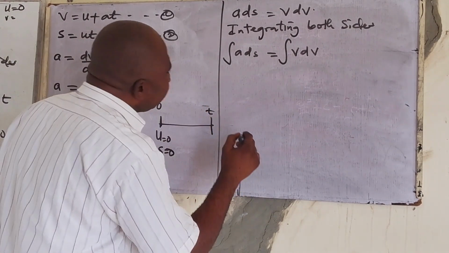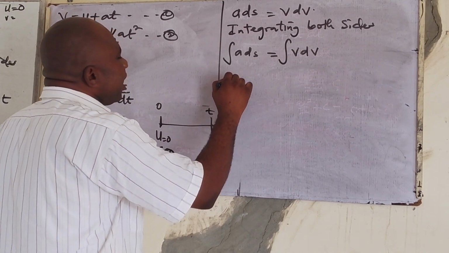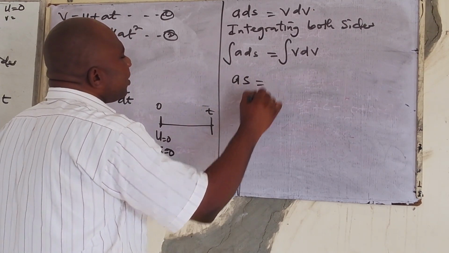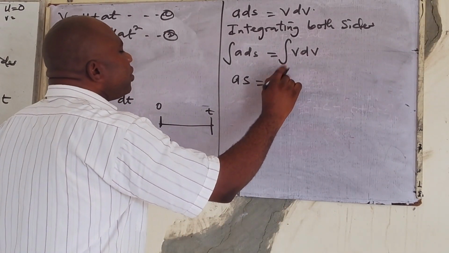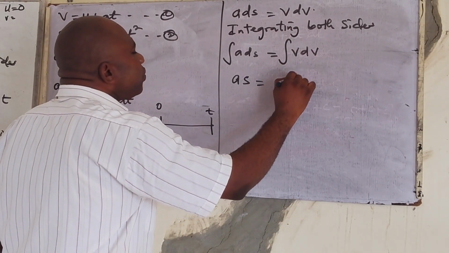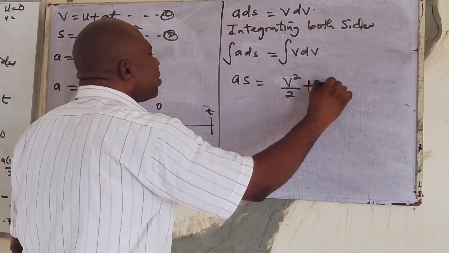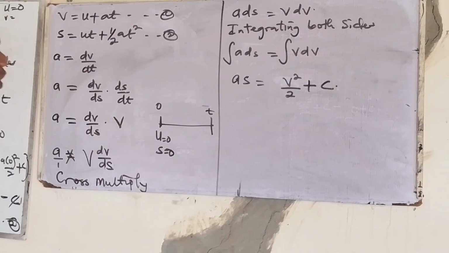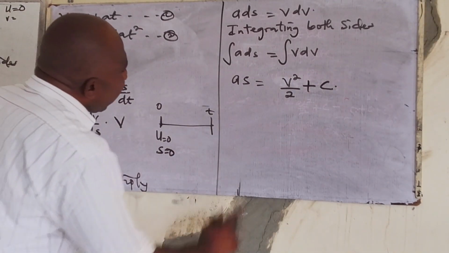So when you integrate a dx, we have as. Then when you integrate v dv, we have v squared all over 2, plus c. Okay, v squared all over 2 plus c. So it therefore means that our ax